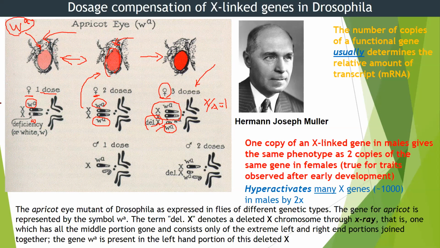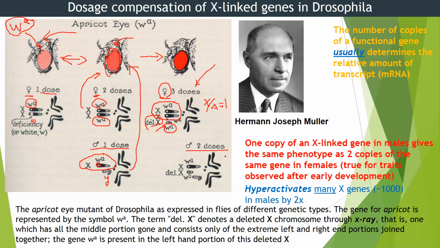However, when we look into the male fruit flies, something interesting happened here. Okay, so let's look at the first male. This male has one copy of the Y chromosome and 1 X chromosome. This X chromosome only has 1 copy of this allele, which means 1 dose. However, this male individual shows the same phenotype as the female with 2 doses. All right, so 1 copy in male gives you the equivalent phenotype as a female, which has 2 copies of this